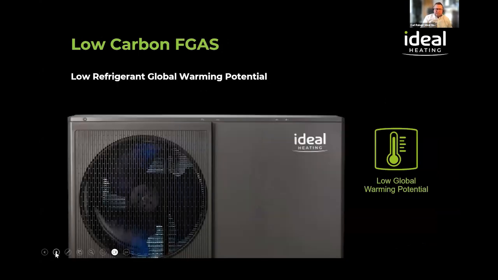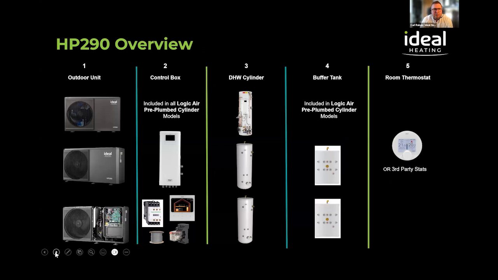So R290, why R290? R290 has a low global warming potential, which is good for our ozone, and the ability to hit higher temperatures to satisfy some retrofit properties, which may require a hotter flow rather than a low and slow one. So maybe a leaky property or something like that. But it does come with a caveat: the hotter you run it, the more expensive it becomes. So potentially you may need to look at loft insulation, windows, doors, or EWI, IWI to help that customer achieve